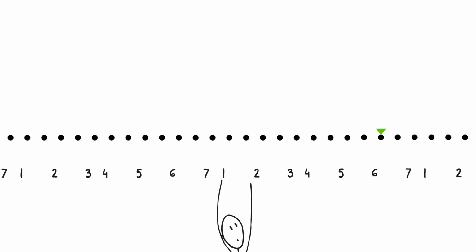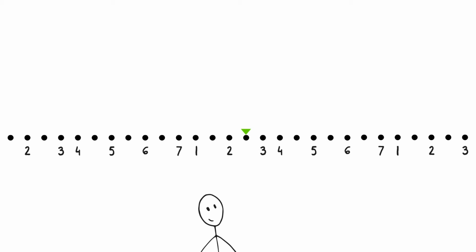we can build a major scale anywhere we want. We could build it here, or we could build it here, and that means that we can also play any song we know anywhere we want. For example, we could play this melody here. Or we could move the entire system to a new place and play the melody here.